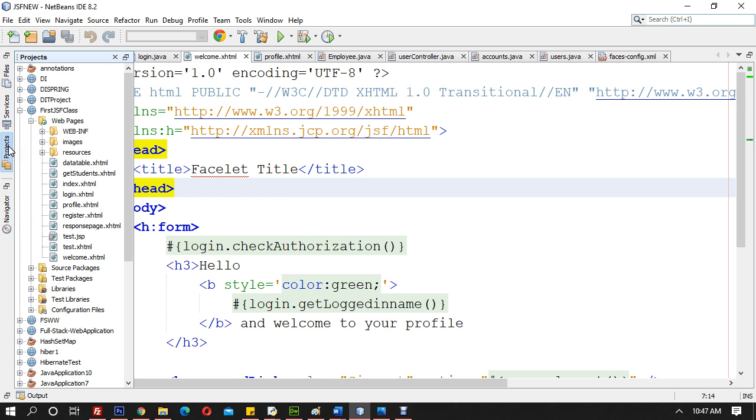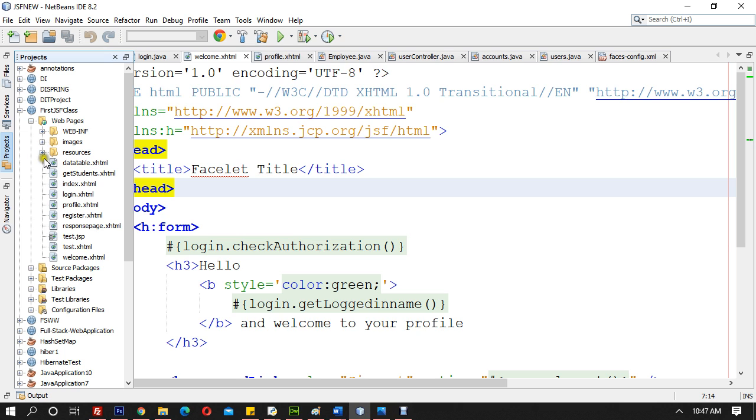And what is the composite control? It is actually when you want to reuse something. आप किसी चीज को बार बार use करना चाहते हैं. You want to reuse something, and you just want to call it through a tag. So we will be using that particular thing today, and it is very useful. Composite controls are very useful in JSTL and main Java JSP if you're using JSTL in JSP, and